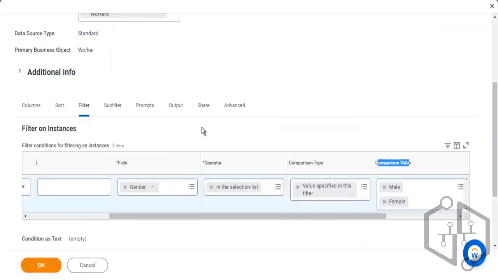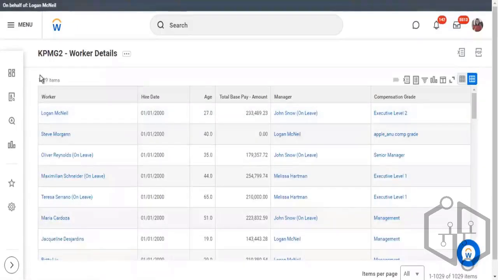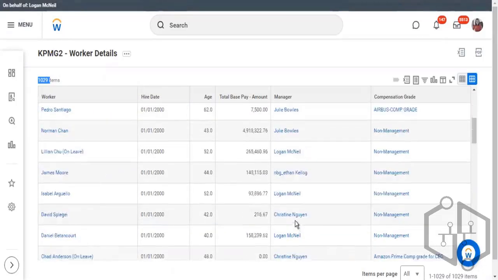So if I run this report now, instead of some 7,000 rows it was giving me earlier, it should give me fewer rows, right? So it's now giving me only 1,000 rows. Obviously, this is a test tenant, so people hire a lot of employees and they don't maintain gender information for them. So that's why there are just 1,000 employees who have gender, either male or female,